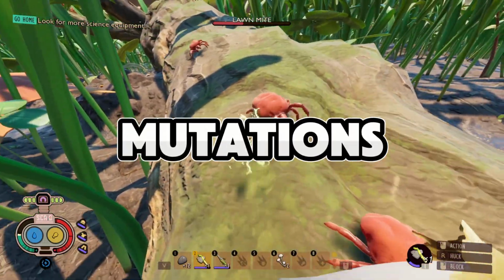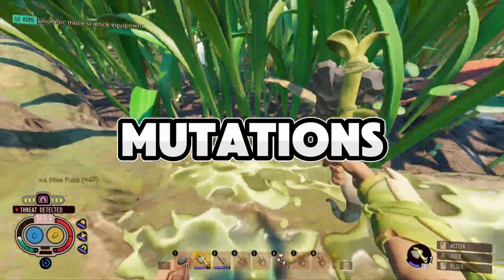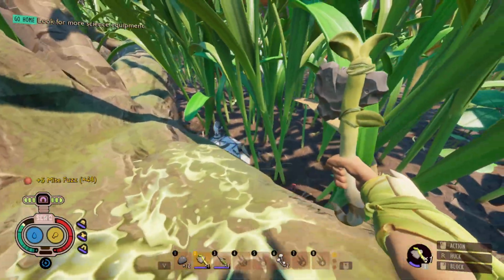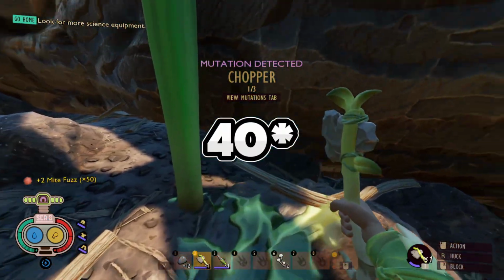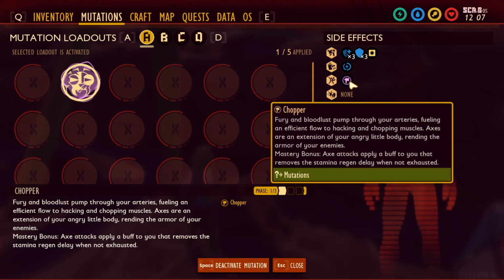There are also more ways to increase your character's damages and resistances and different perks when it comes to mutations. Mutations are given to the player after doing a certain amount of requirements to get the mutation. For example, on screen you see Chopper, which is given to the player after you kill 50 enemies with an axe. The Chopper mutation is only useful when using an axe, so let's say for example you have Chopper equipped